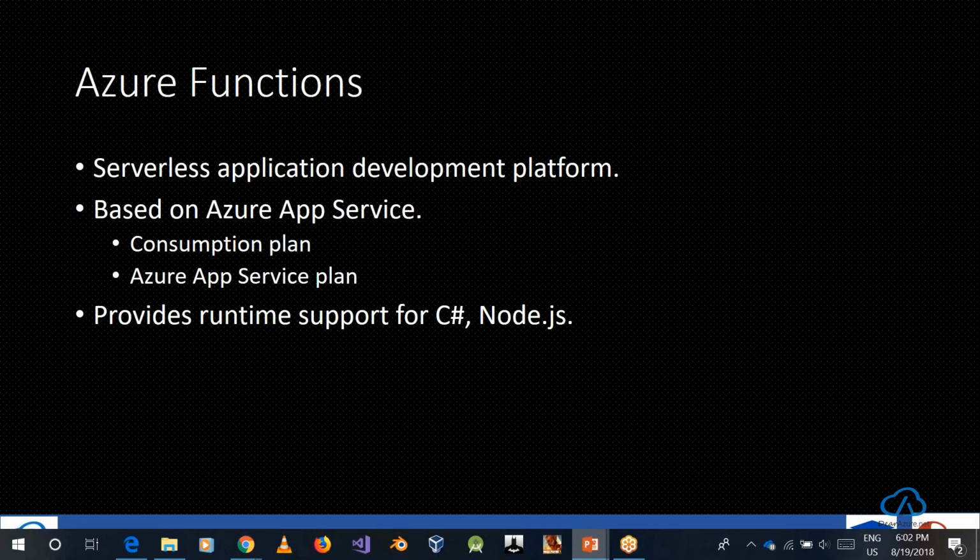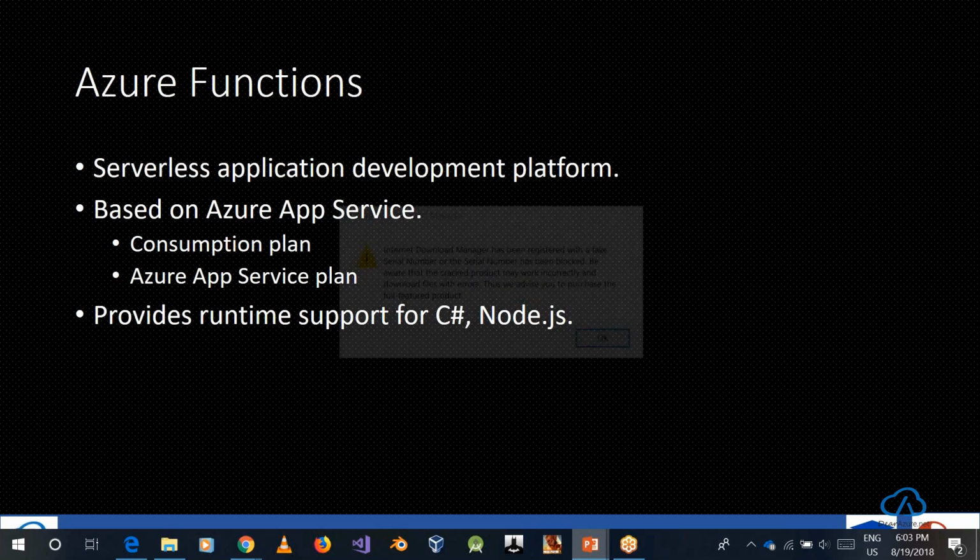But in the consumption plan, each time your users make a request to the Azure function, Azure will load the function into the memory, and then it will try to execute the code which the user was trying to access. And once it is done, it will deallocate all of that.